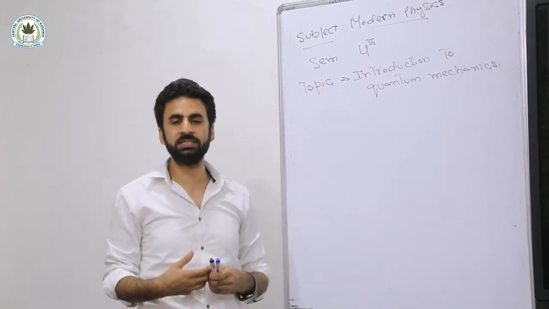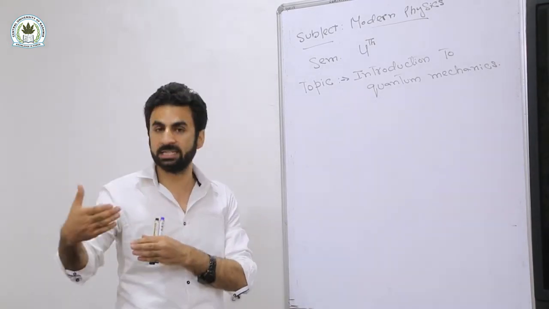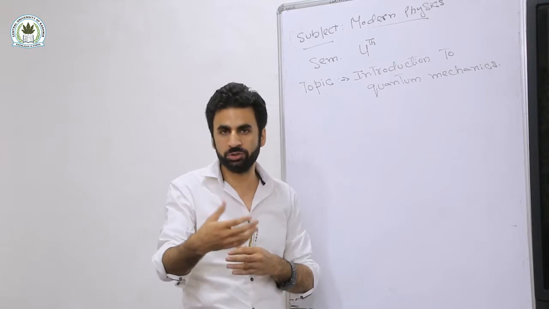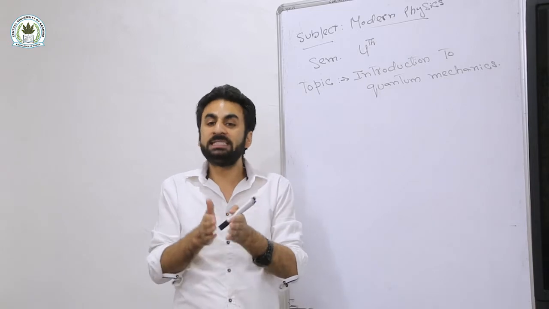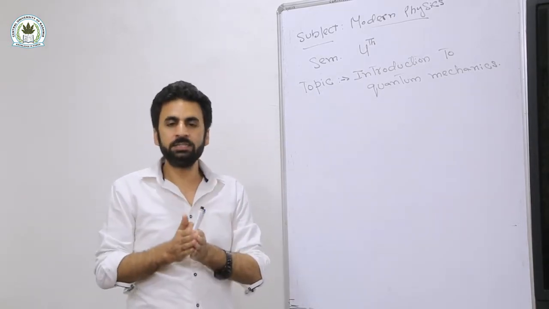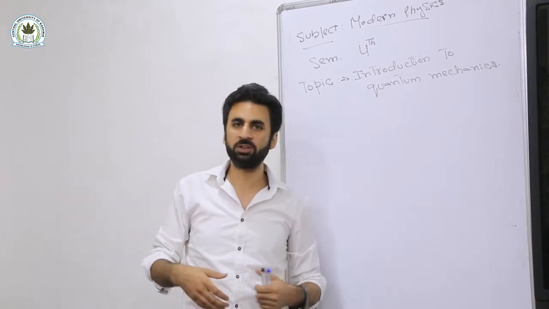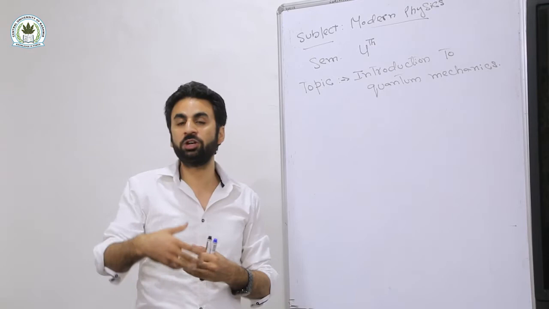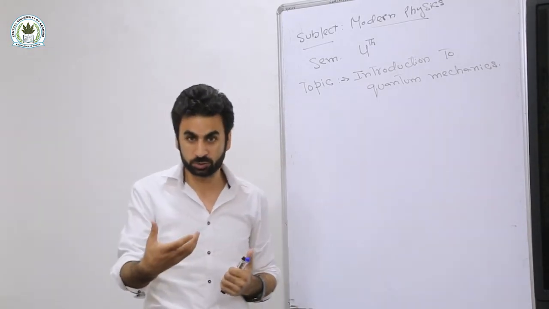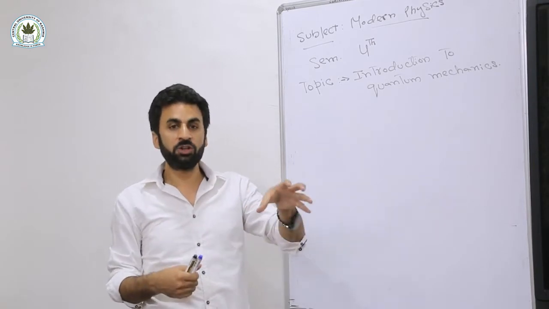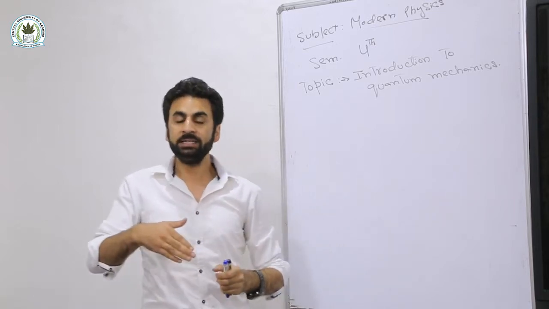The serious limitations are in the sense that we have Bohr's model available for hydrogen or hydrogen-like atoms. Hydrogen-like means we may have singly ionized helium or doubly ionized lithium, that is, those atoms which have a single electron. Now, why don't we have an atomic model for the rest of the atoms? Why don't we have an atomic model for the helium atom, the carbon atom or the oxygen atom? So this is one of the limitations of Bohr's model of the hydrogen atom: if it is applicable to hydrogen or hydrogen-like atoms,